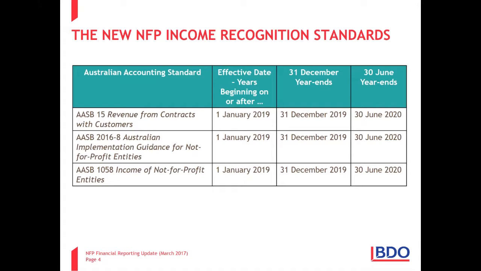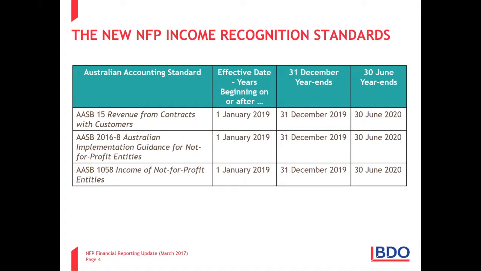So at the moment we've got 3 separate standards that you have to read and consult, but in I would say 6 months, 12 months time it would only be 2, AASB 15 and AASB 1058. I've had a few people email me and say, Aletta, you talk about certain things, I can't find it in AASB 15. It's because it's still in that separate amending standard. On the slide, I've also provided you with the effective dates of these 3 standards, and the effective dates are all the same, for years beginning on or after 1 January 2019.